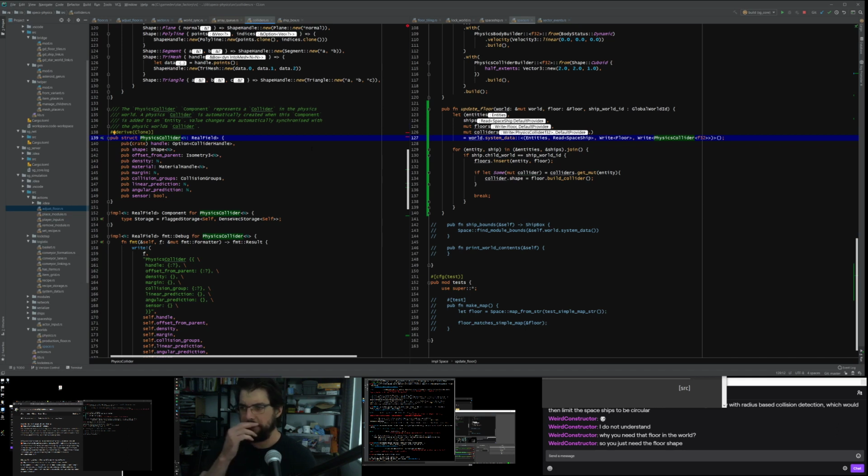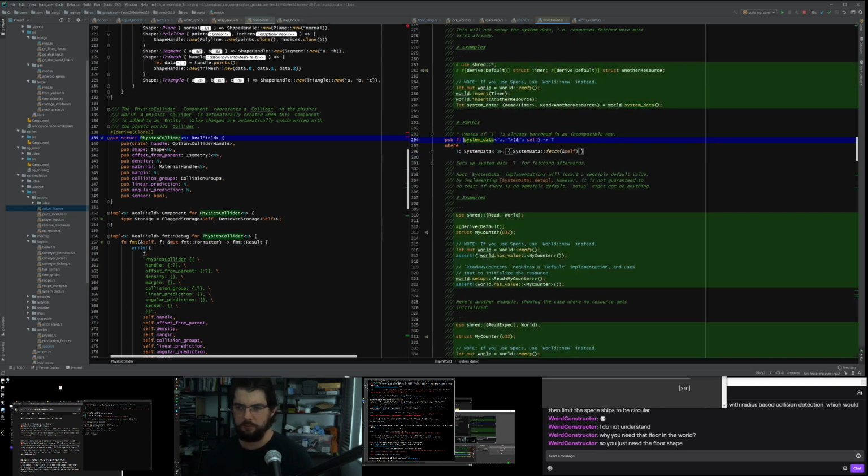Yeah, I'm not sure how to... We could always try and get it without using it as system data, because that's... Well, if we're using write to floor, we can't... We don't need to write to the floor at this point. I'm pretty sure that system data is not using a mutable self.